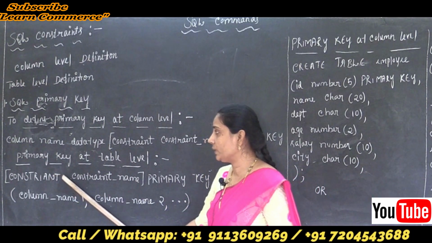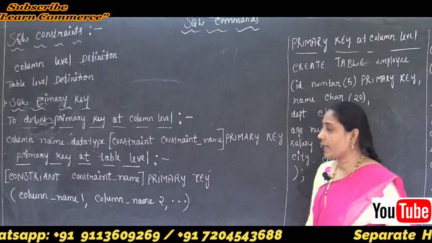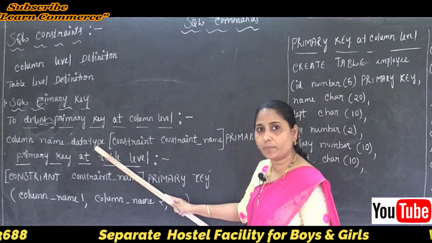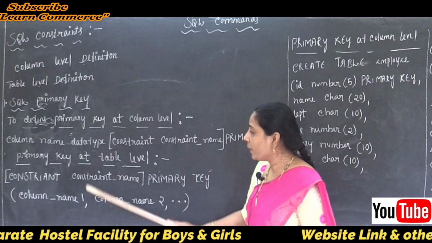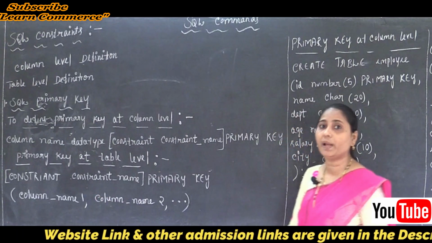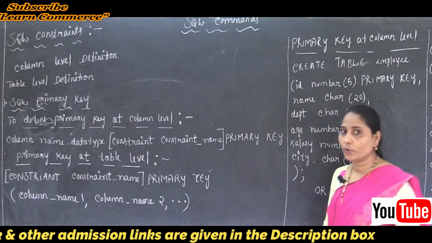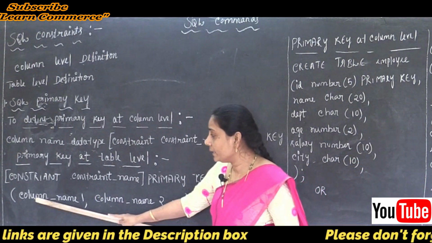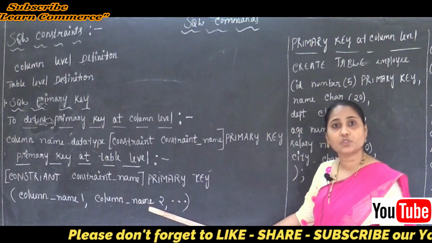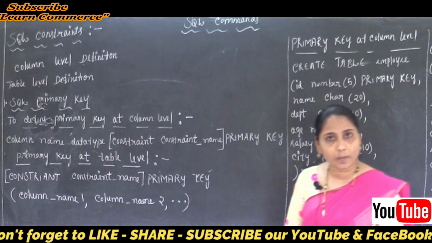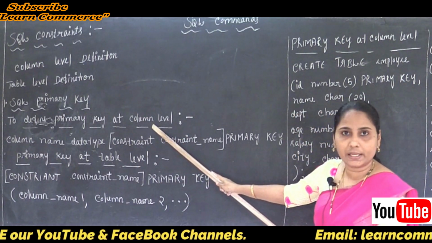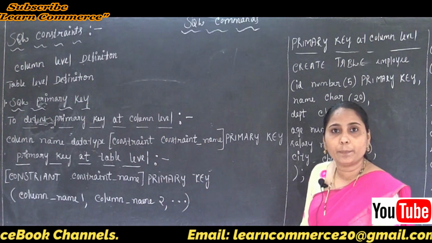So this is only the syntax, and later we can say why. Because here only one column name is used in our column level constraint, but in our table level constraint, every column in the table is going to be used. So in this case, column name 1 comma column name 2 are the names of the columns, and all those columns define the primary key. Clear this point here? Which define the primary key.